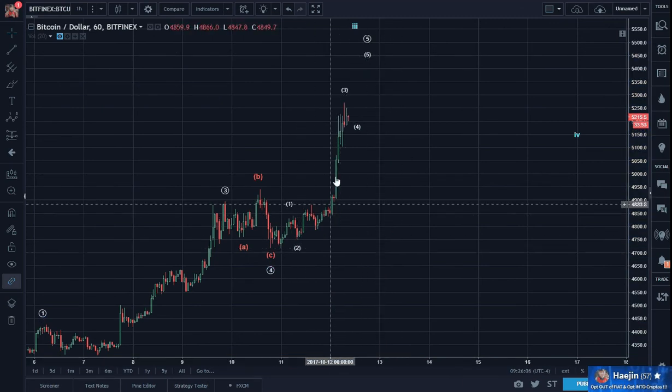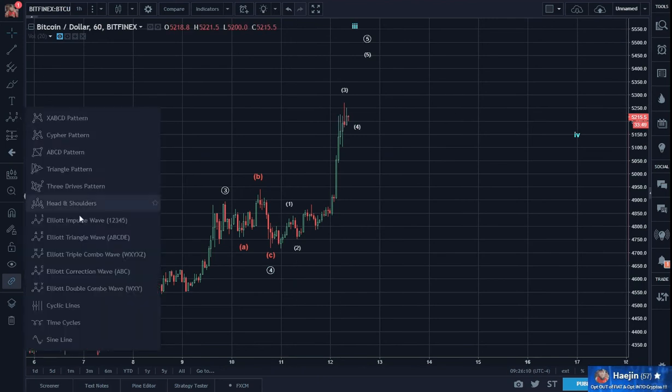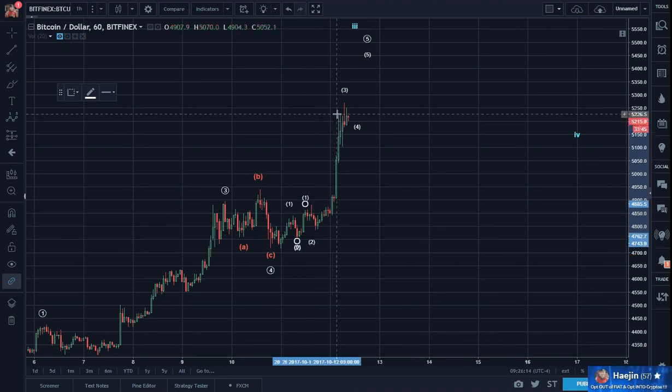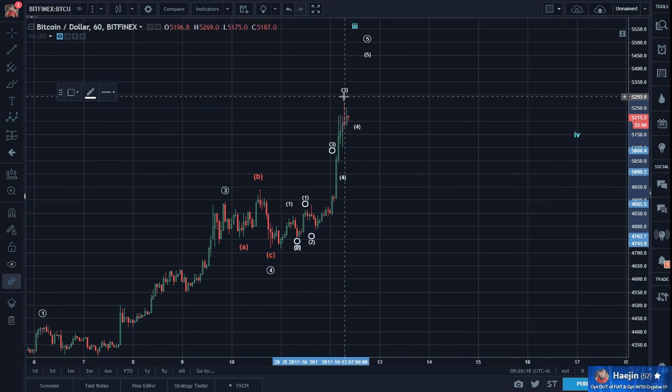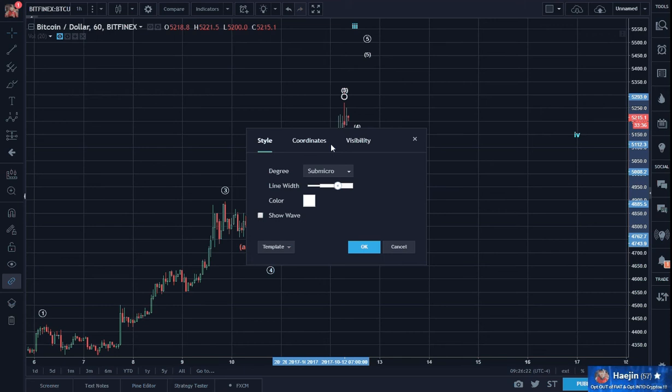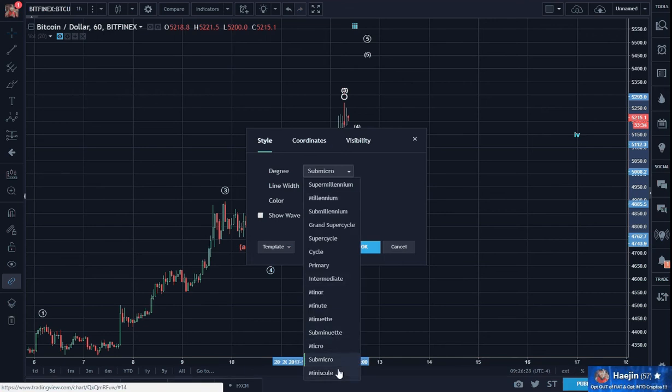So 1, 2, and this wave 3 can be counted as 1, 2, 3, 4, 5. Minuscule.